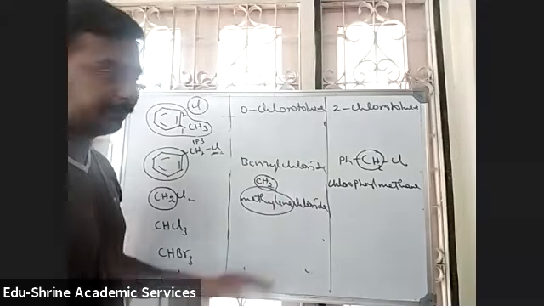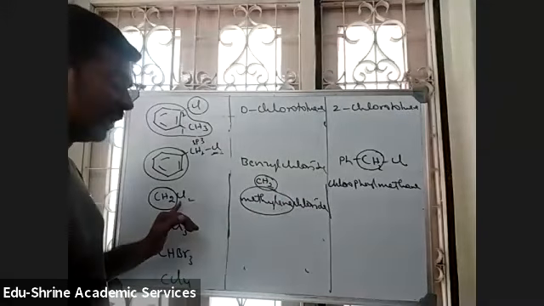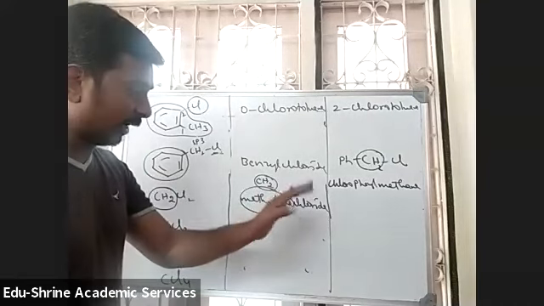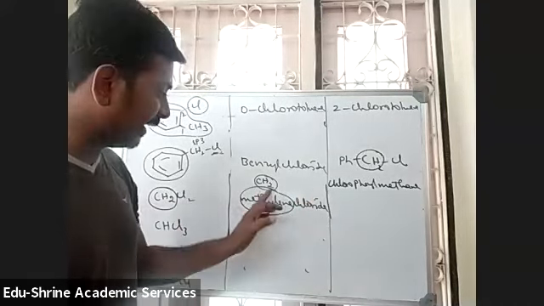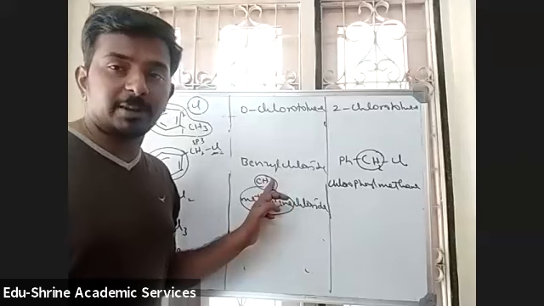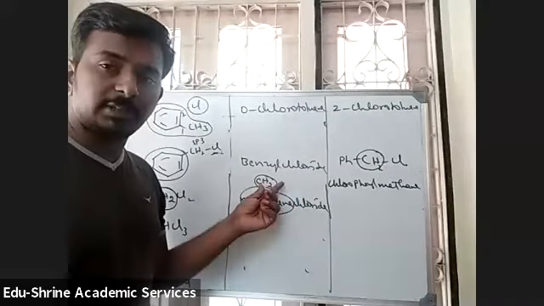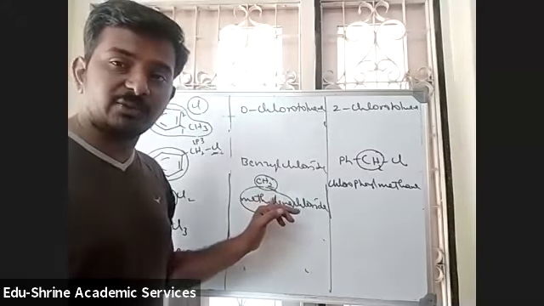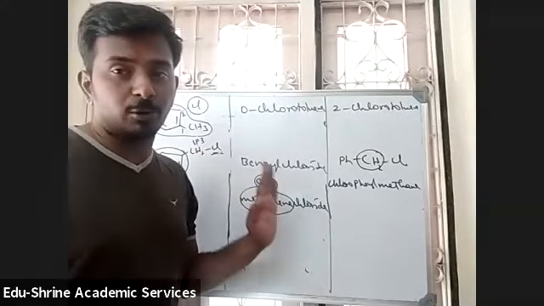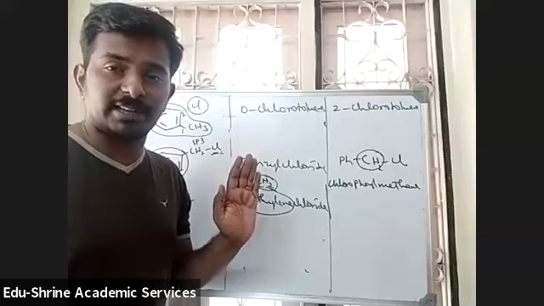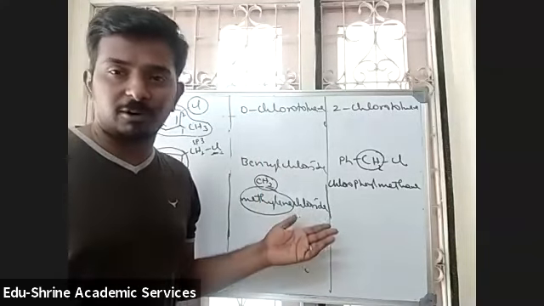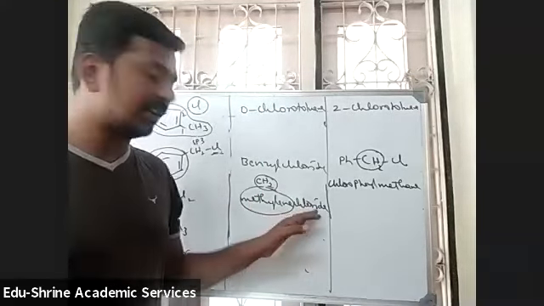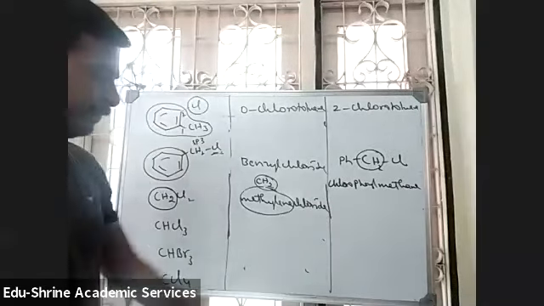Methylene chloride. IUPAC name you tell me. No dichloride, chloride, that's it. Because methylene indicates CH2, the two valencies must be satisfied, and they will be satisfied by chlorines only. So if you write chloride, it is enough. Even if you write dichloride, that is not wrong because this is just a common name only. So methylene chloride is the correct name, right?